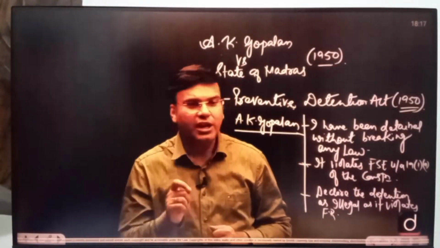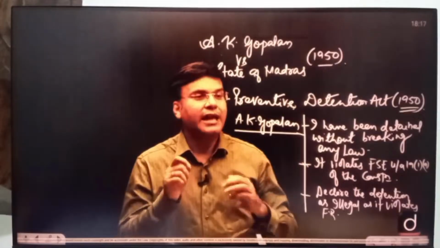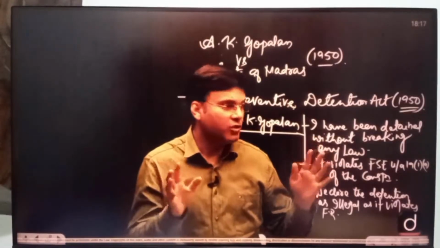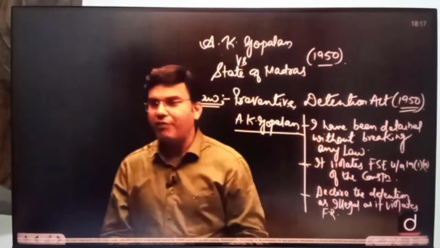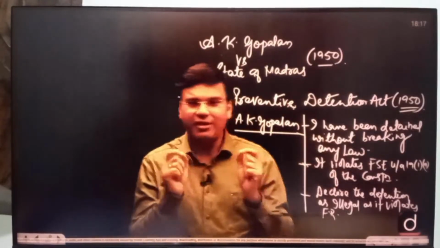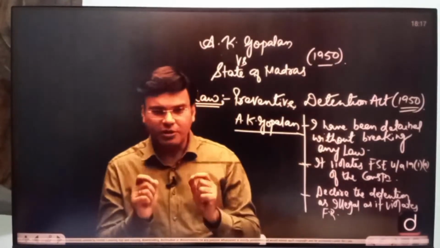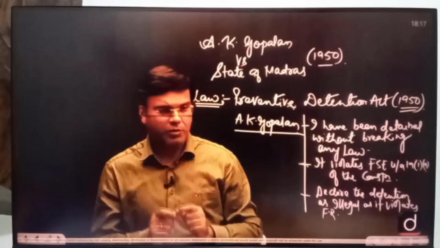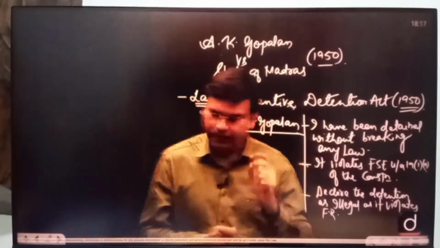We can't declare it illegal by invoking any other principle like the principle of natural justice. So this was a very narrow, conservative understanding of personal liberty by the Supreme Court of India in this case. ठीक है, लिख लीजिए इसको।